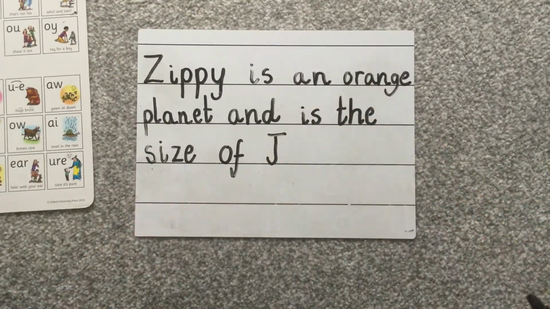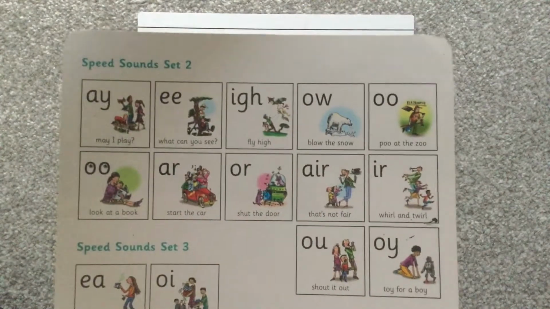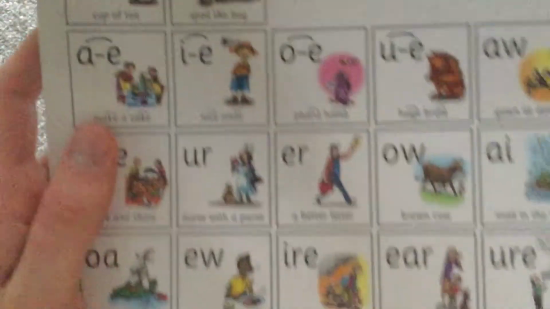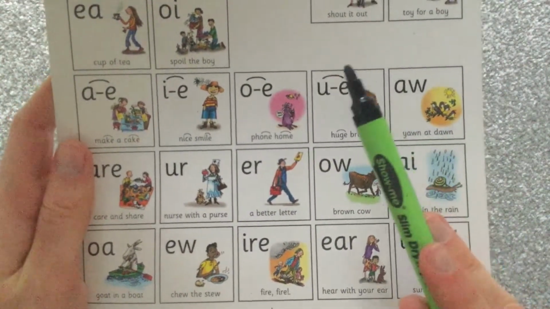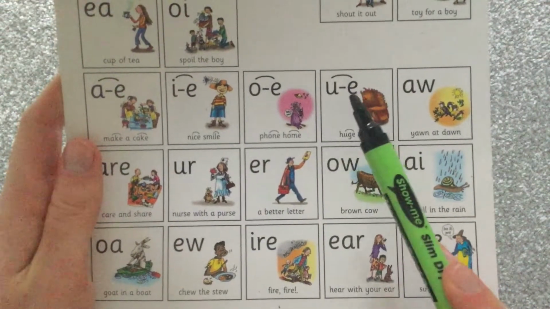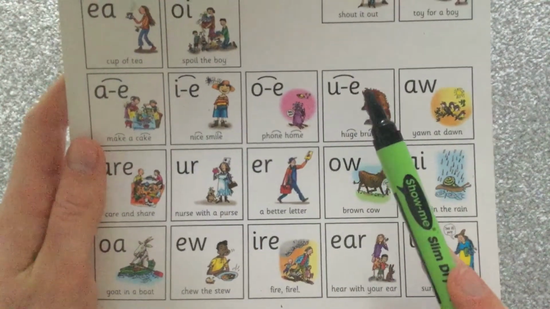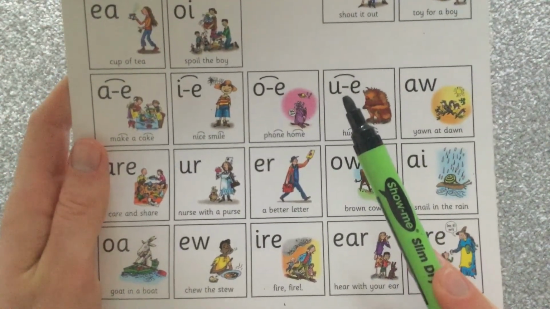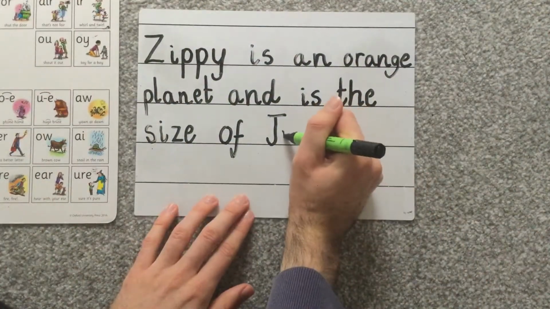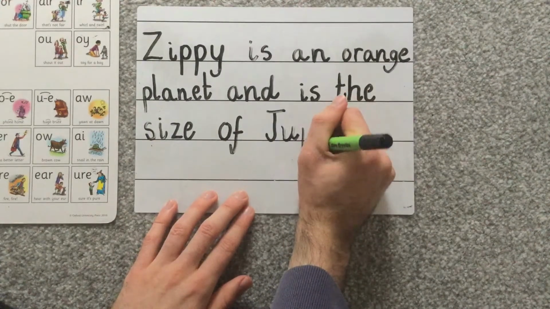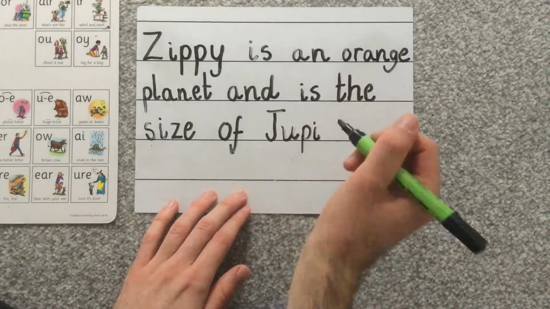U. So oo. Now we can spot some oo sounds. Can you spot any oo sounds? Yes, we have oo poo at the zoo. Or ooh huge brute. And it is a variation of ooh huge brute. And instead of the special friends being an and an it is an and a I. And we put the p in the middle, which was why this makes the oo sound. So a bit tricky, but we can practice that more. So we have oo, we put the p in between the and the I. J, oo, p, I, and t,